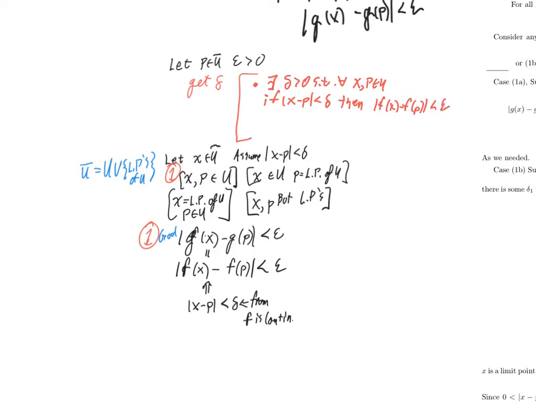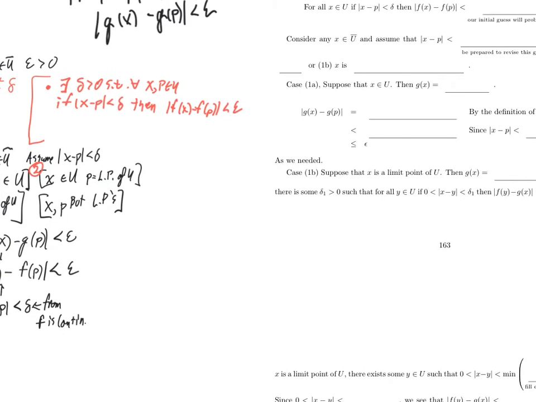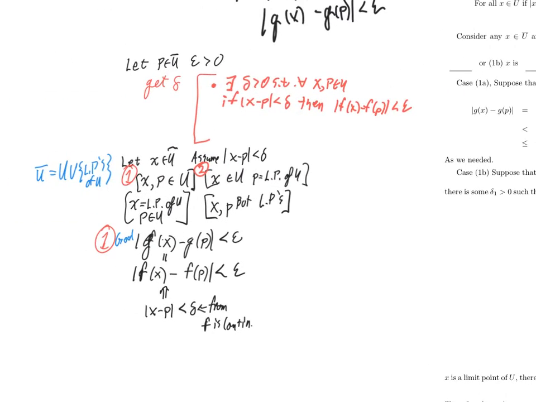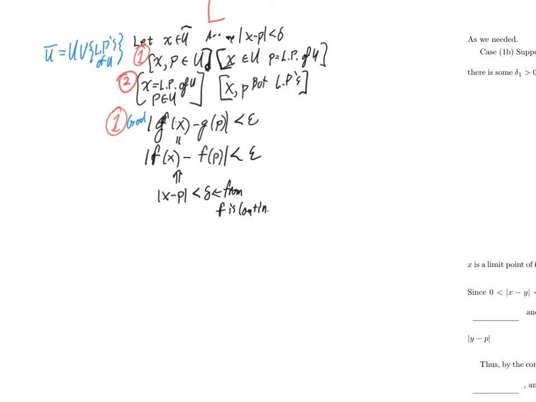Alright, nice. So let's now go to case 2. I'm not sure if this is the same model. I'll do the cases in here. No, they aren't even the same names, but that's okay. I'm going to do this case second: x is a limit point and p is an element of U. So I'll follow the same pattern. Right, this is all just scratch work.